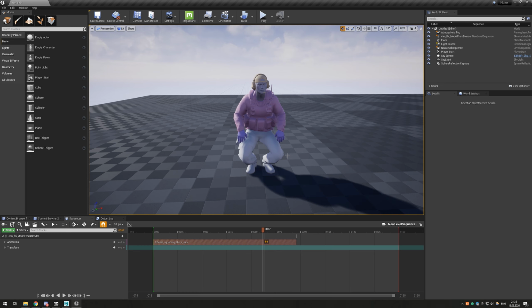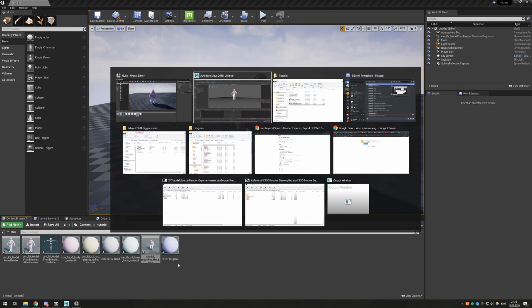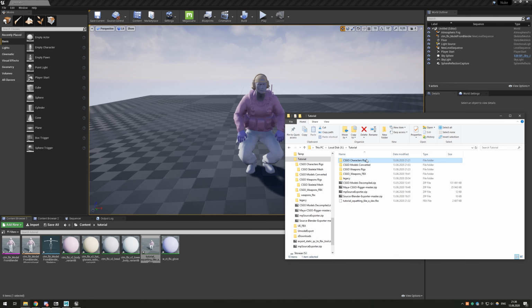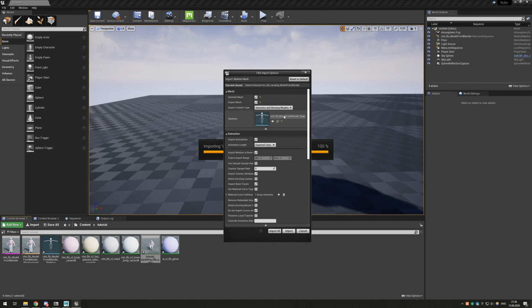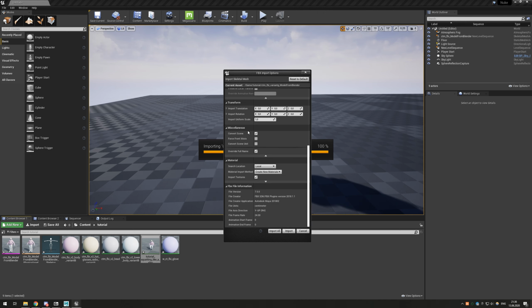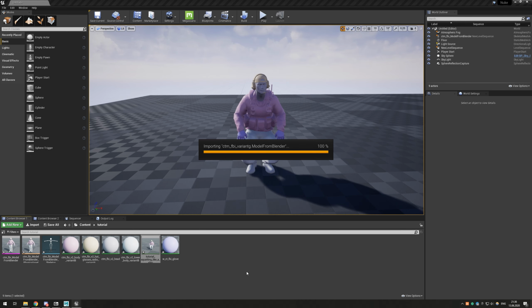Now, you might be thinking, well, Bara, that's good, but is there anything better? And well, sure thing there is. You can now import any other model and it will be able to do that animation too. Now let's, I don't know, import this one. Once again, we want to match with the skeleton we already have and we don't want to import animation. We don't need anything else, so click import.